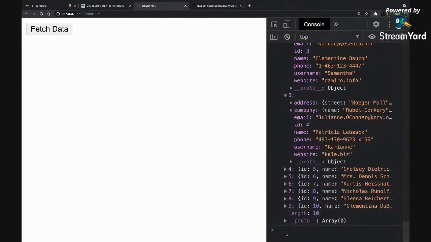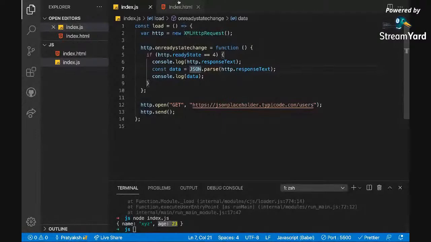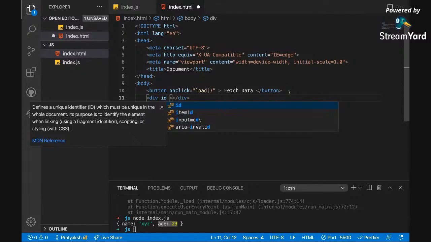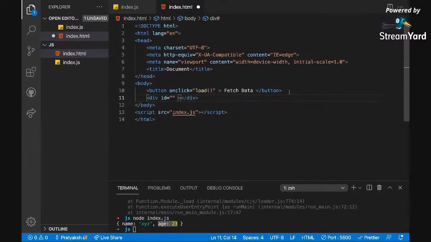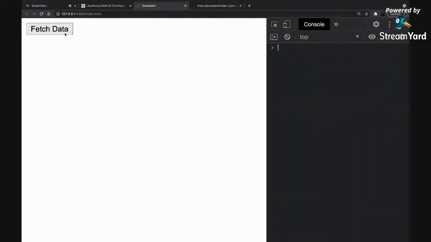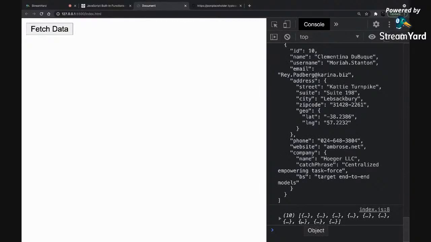So now let's play with this data. Let's have a div over here and give it an ID which is root. And now let's go to index.js. You have a data, and see, data is nothing but an array.